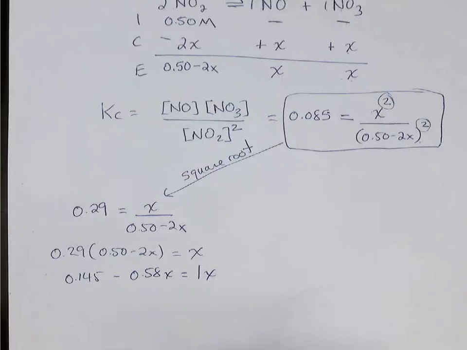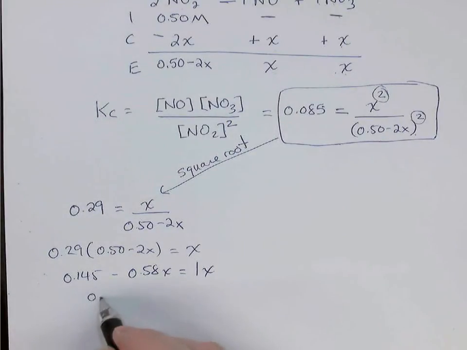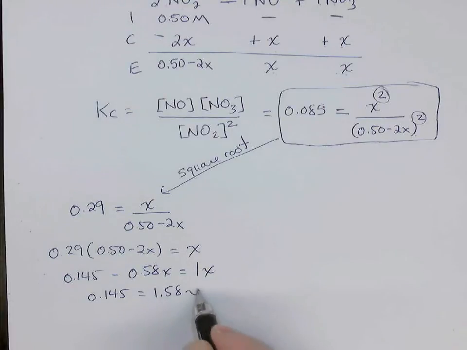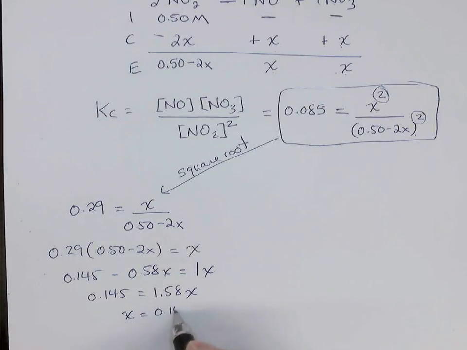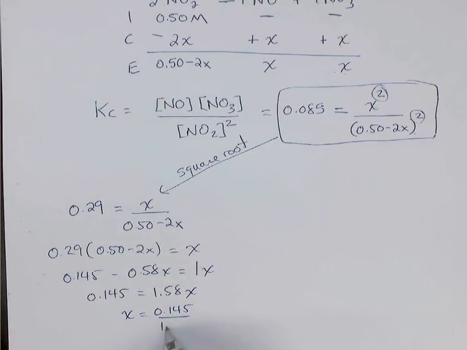And now I'll add 0.58x to both sides. 0.145 equals 1.58 x's. And now I'll divide by 1.58. X will equal 0.145 divided by 1.58, which is 0.092